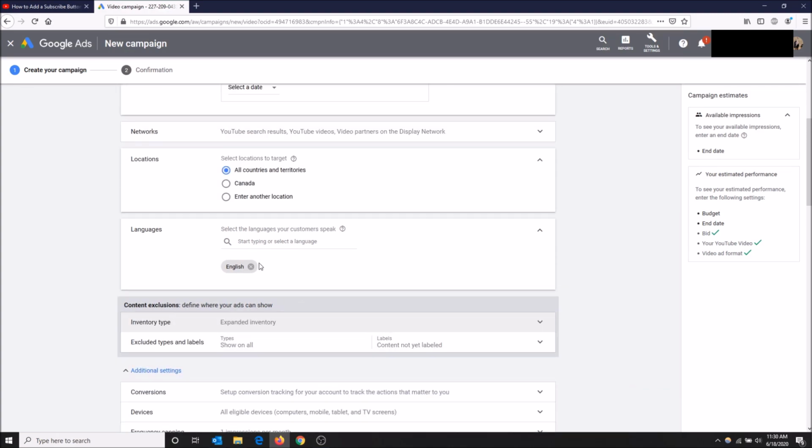Okay, so right here I have all countries and territories selected. This is everywhere in the world. So if you want to maximize the amount of views you get on your YouTube video, you want to select all countries and territories. But right here under languages,